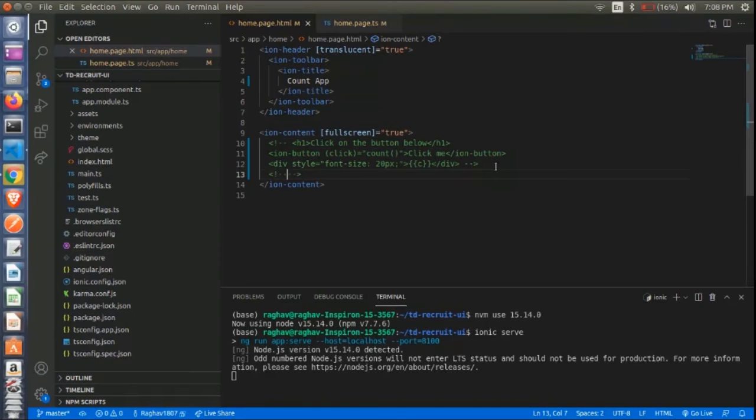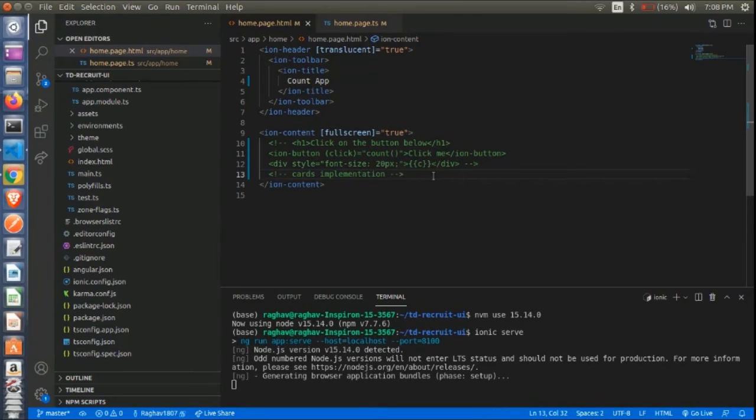So as you can see, I've created a comment over here, and I'm giving it as card implementation. Here you can give any type of text in the comment tag.